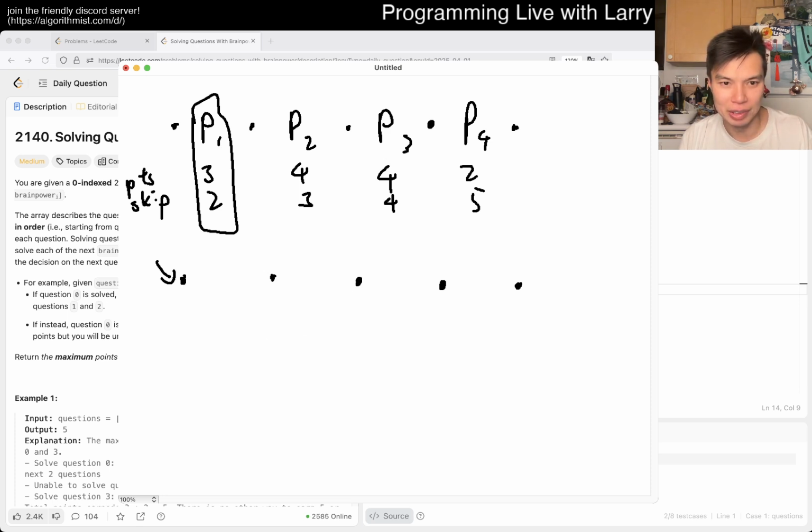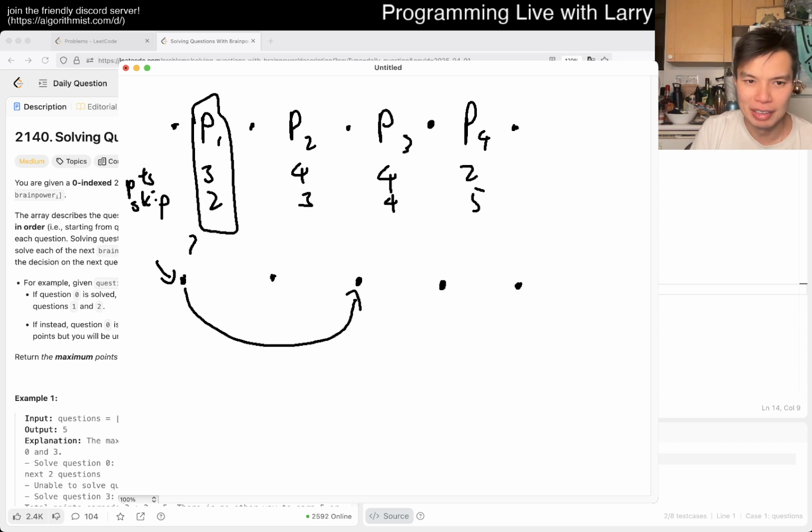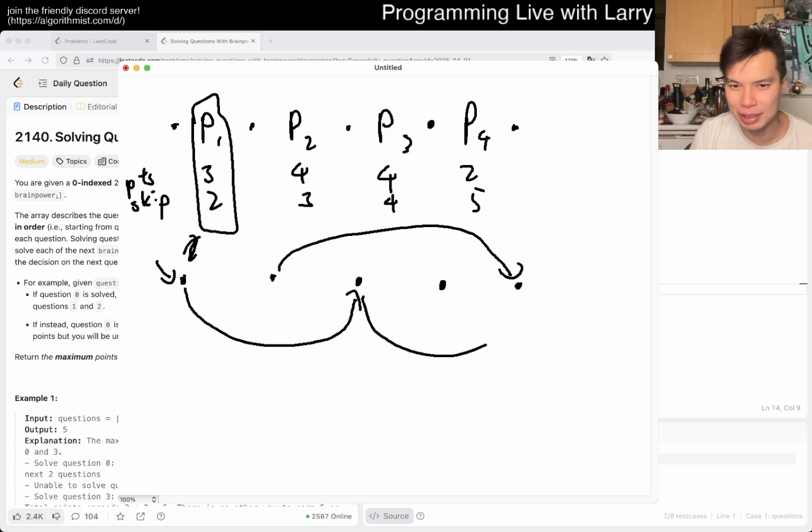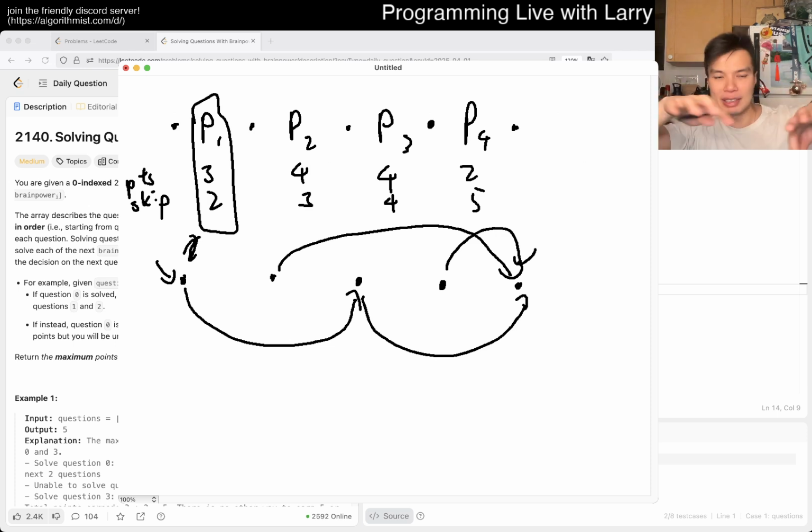Why is my drawing thing weird? Okay. Yeah, so starting at 0, now your index 1, if you want to call it that, will be associated with this point, right? Maybe? No, the other way, right? So then here 2, meaning that you get to skip 2 problems, right? So here it goes to here because this point is associated with this and so forth, right? And here you may skip 3, and here you may skip 4, which maybe you just point all the way at the end, and so forth. And so now you have this kind of graph, right?